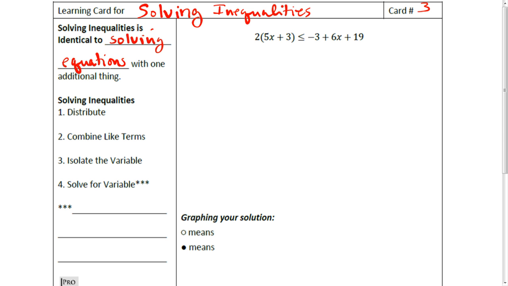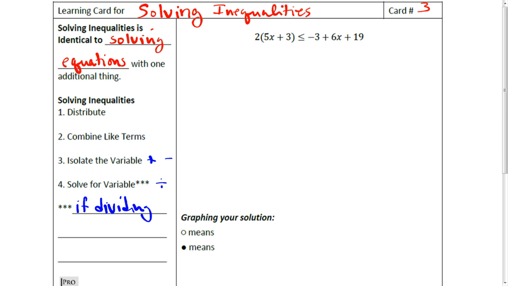So we're going to distribute, combine like terms, and isolate the variable. We do that, remember, with adding and subtracting. And then the last thing is we're going to solve for the variable, and that's going to be through dividing. Now, this is where the tweak comes. If we end up dividing by a negative number,